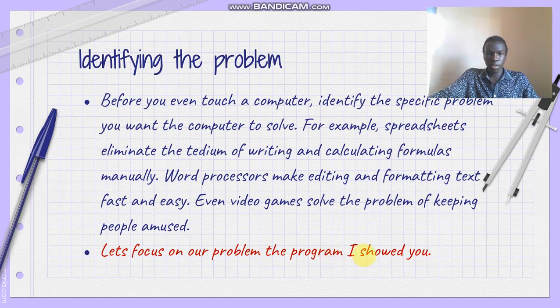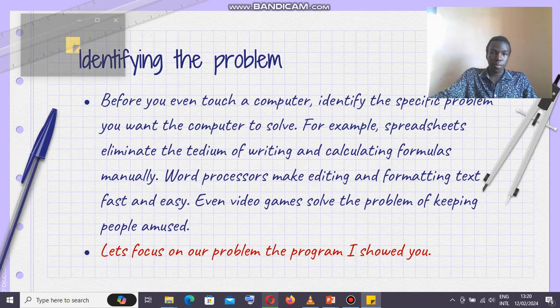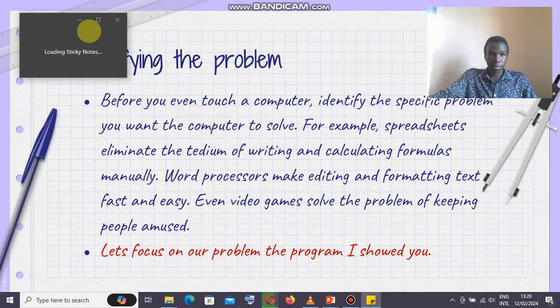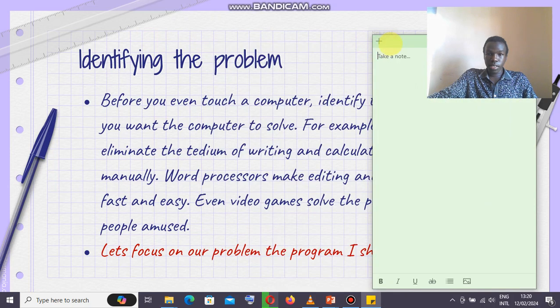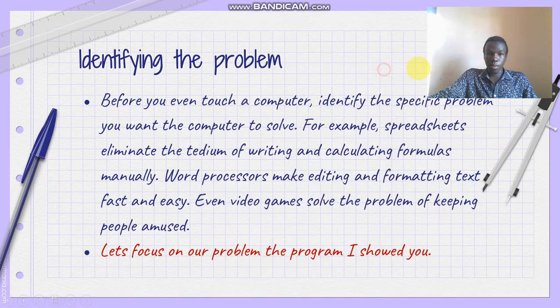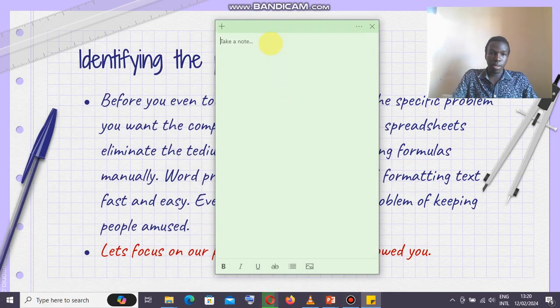Now let me use some sticky notes here. In our sticky notes, we want to write our problem. Our problem is to find the client's interest, that is number one.